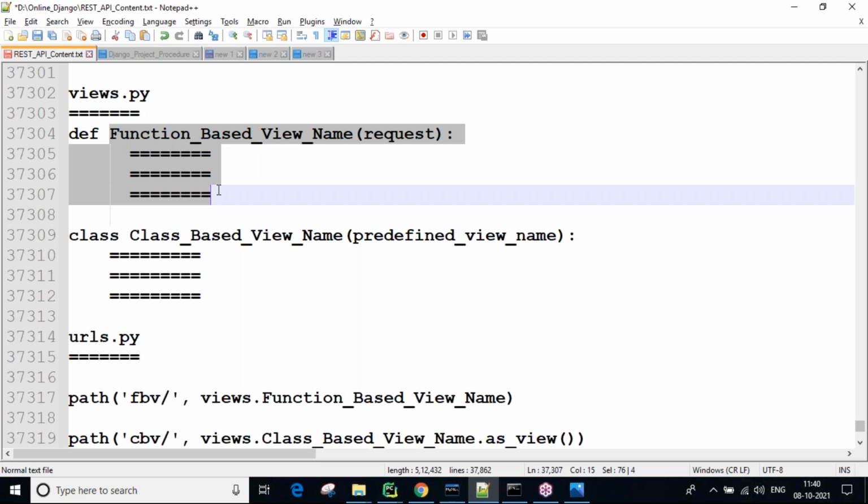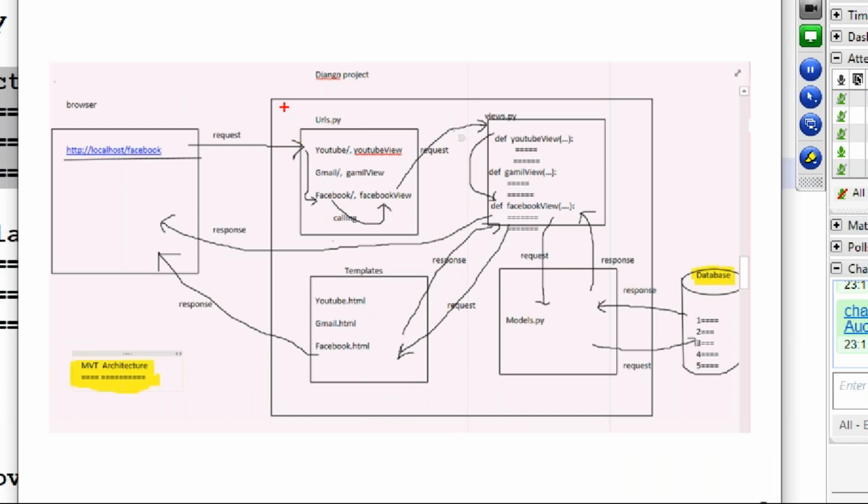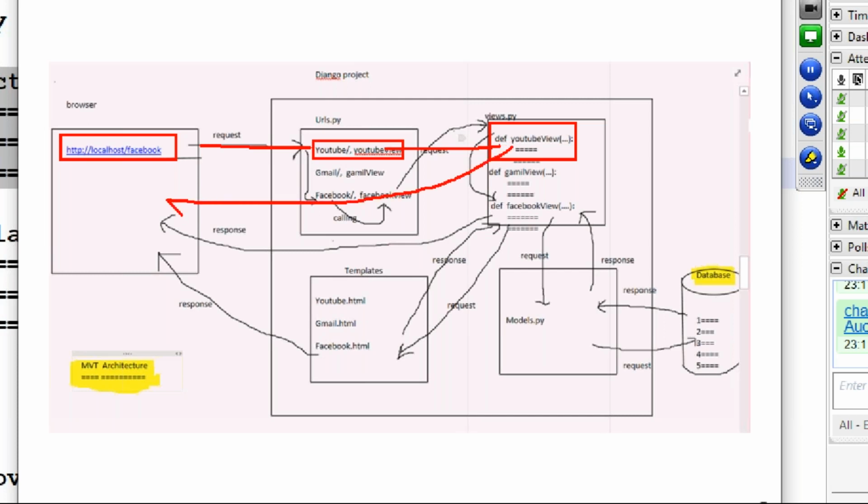These are all basic points, so you need to have good clarity here. Right now we discussed the architecture, so don't worry. We are not developing everything all at a time. First, one URL and one view: URL-related code here, view-related code there. After that we run the server. From the browser we send the URL, that calls the view, that view executes, and that view returns the response back to the browser.